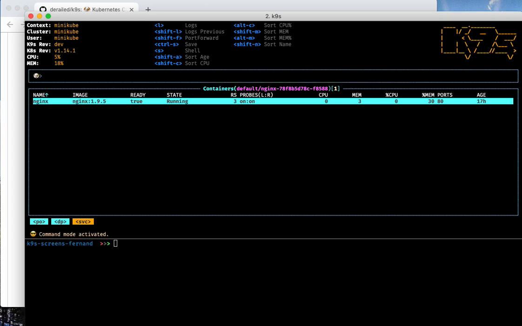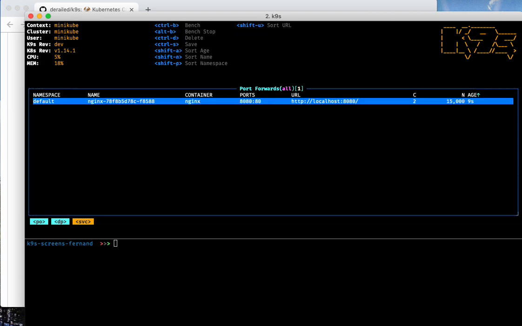So we can go to a new view called the port forward view, alias PF, that is going to list out all the port forwards currently enabled on the cluster and show me information about which pod, which container, and what the port mapping is.